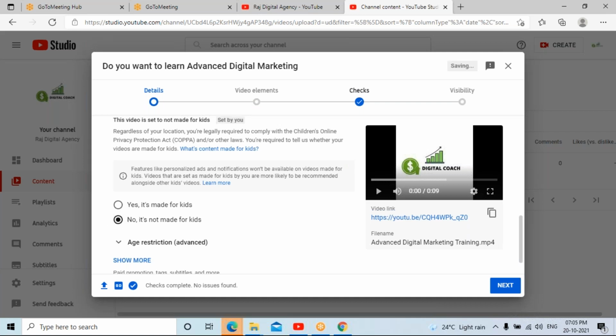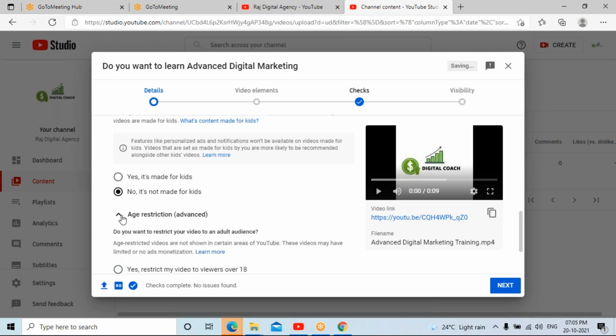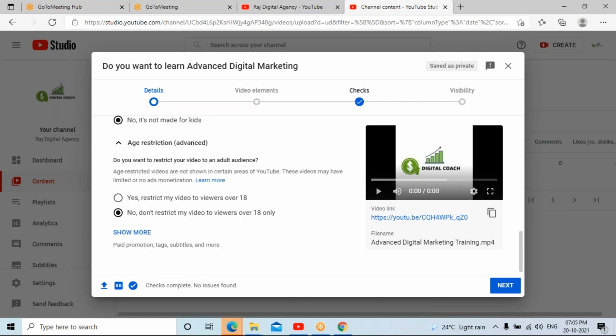Do you have age restrictions? You can choose with that. So select this and you can select the appropriate options. Next thing is,